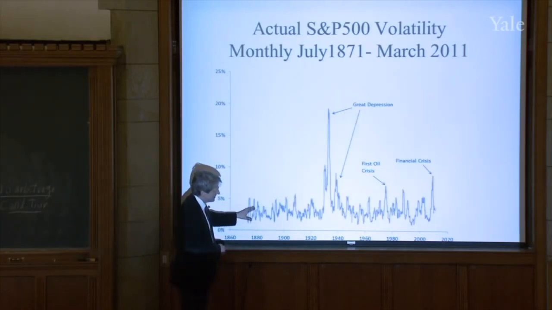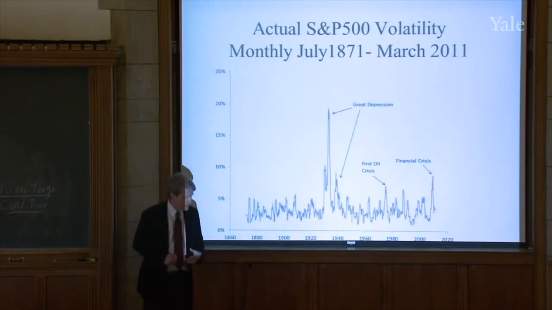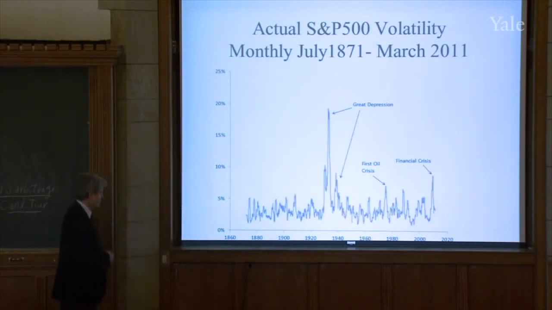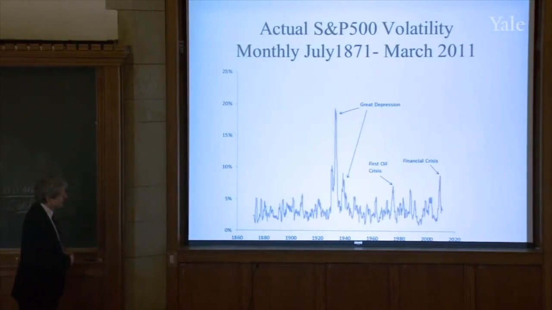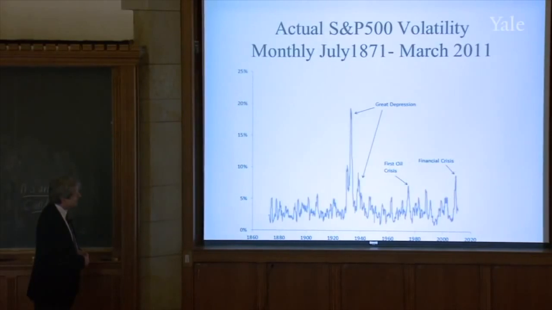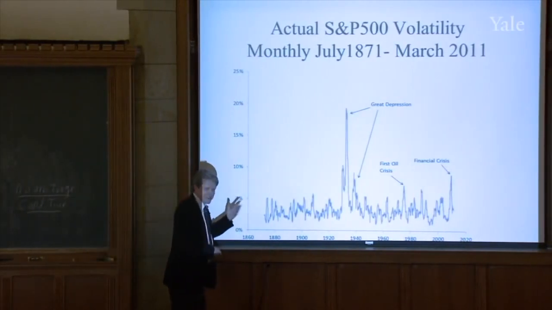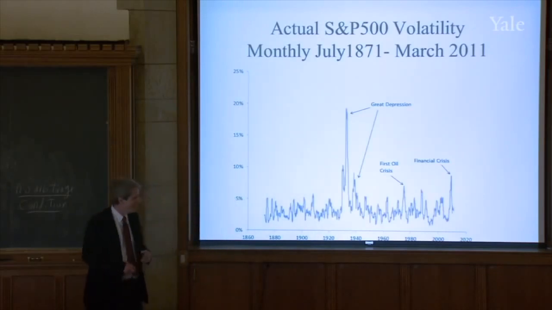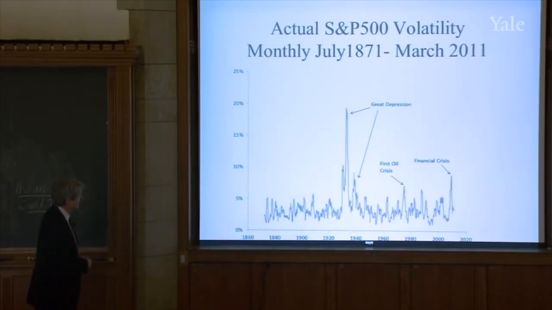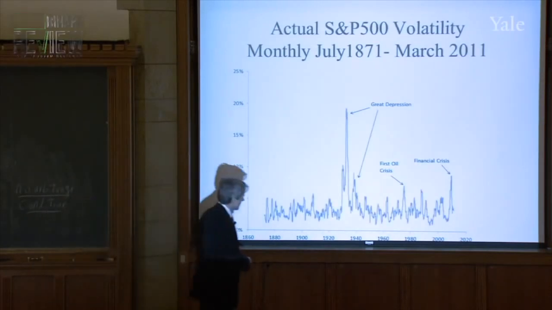And so these are the actual moving standard deviations of stock prices all the way back to the beginnings of the stock market in the US. Well, not the very beginnings, but the earliest that we can get consistent data for on a monthly basis. And you can see, this goes back further than the other chart.